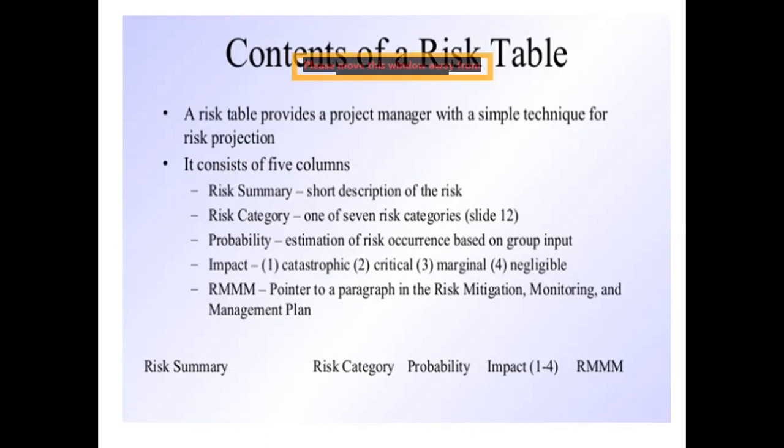So in the fifth column of the risk table, first is called the risk mitigation. Then what is risk mitigation? Risk mitigation means that at the primary level, you are going to avoid the risk. If its effect is powerful, then you can monitor this and then you can plan. So first is the risk mitigation. What is mitigation? Mitigation means avoidance. At the primary level, you want to avoid the risk.